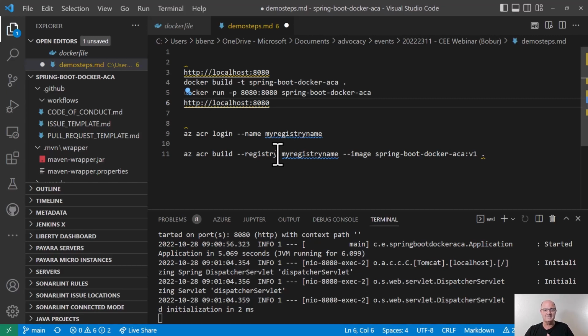So check that out. What we're going to use to do that is something called ACR build. It's going to be a lot like the Docker build command that I just built. But what it's going to do is it's actually going to package up the application. It's going to post it out to the registry. Before it posts it to the registry, it's actually going to build the application in what we call the hosted agent, which is an application container environment that runs on our server. If it builds correctly and everything's okay, it's going to post it into a container registry for us.